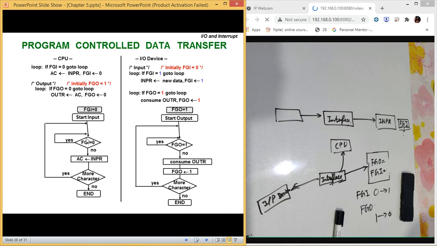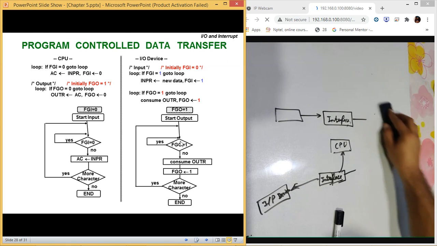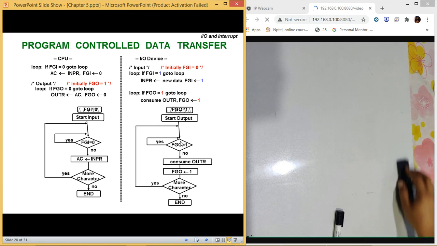You can check it here. If FGO doesn't change to 1, it is going to remain inside this loop. If FGO is not 0, it is going to remain in this loop only. So my CPU was remaining busy all the time when it was performing an input output operation. So this limited the speed of my CPU to the speed of input output.